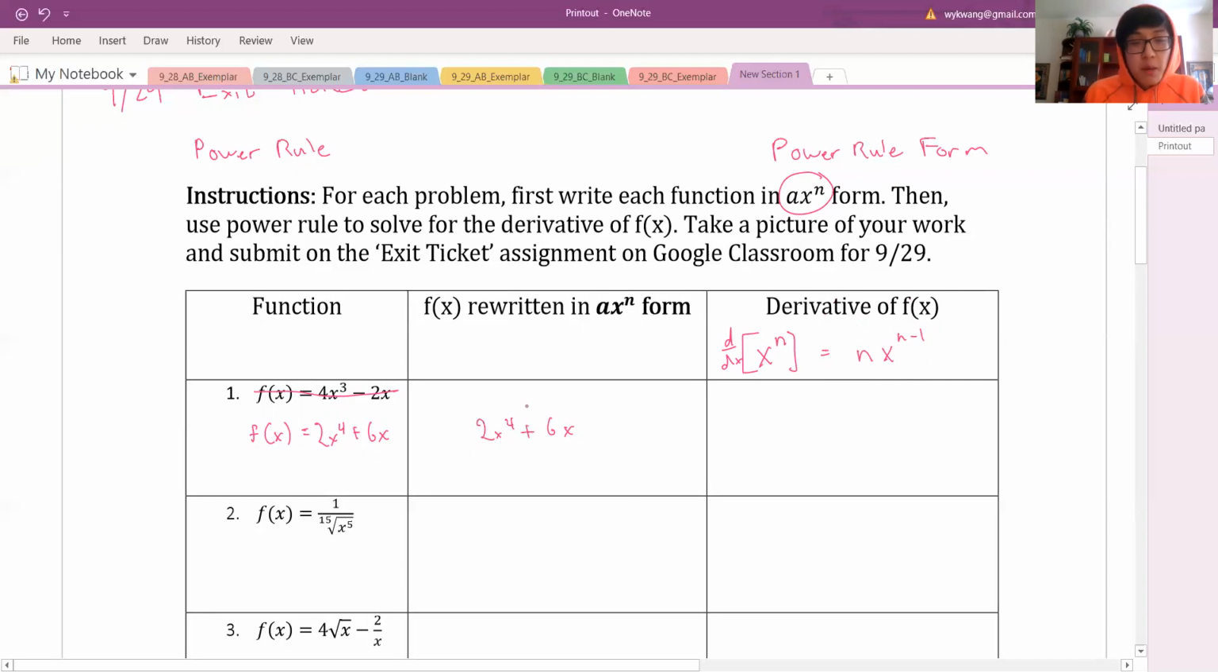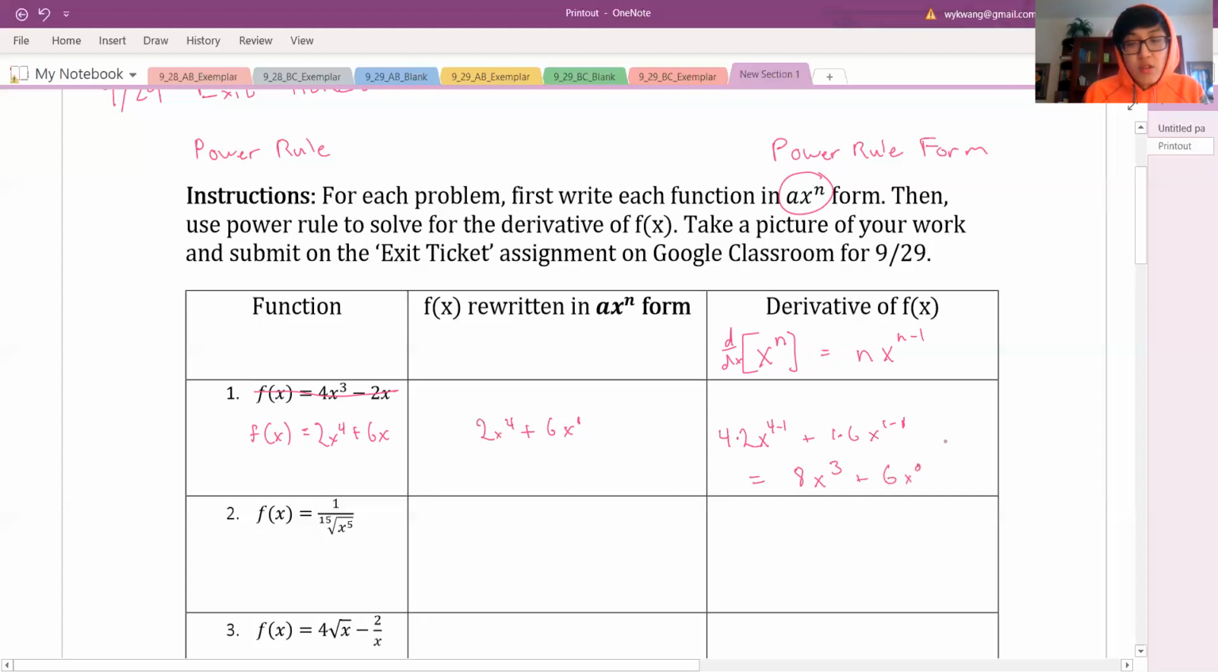So 2x to the fourth, I'm going to bring the 4 down, multiply it by 2. So I'm going to get 4 times 2, x to the 4 minus 1. We're going to subtract 1 from the exponent, plus 6x is x to the 1 here. So it's really going to be 1 times 6 x to the 1 minus 1. I'm subtracting 1 from the exponent. So this is equal to 8x cubed plus